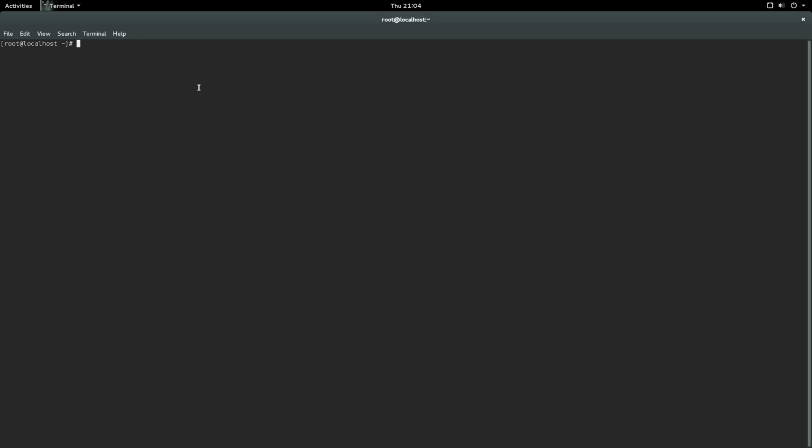So let me give you a brief introduction into scripting. A script is a series of shell commands or utilities stored in a file which is made executable. Scripts are then interpreted by either the current shell or by a shell that is defined in the first line of the script, a shebang line. We're going to go over that. For example, shebang /bin/bash would force the script to be interpreted by the bash shell, while a shebang /bin/ksh would force it to be by a Korn shell. We're going to use